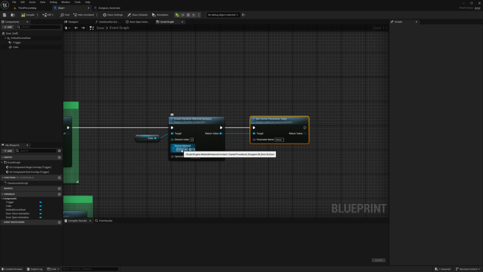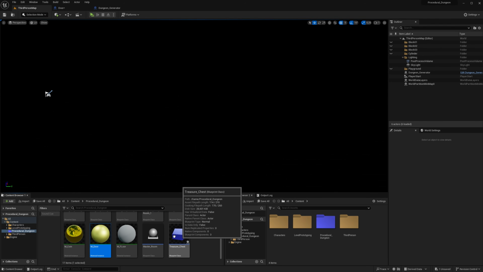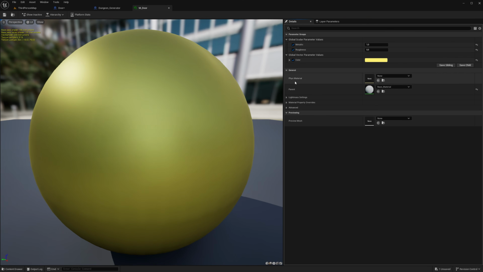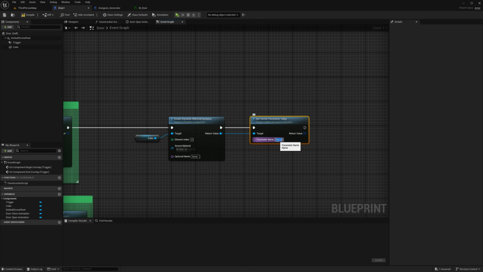Go into your material here, click on this spyglass, I don't know what it's called, open the door material. The parameter we want to change here is called Color, with a capital C, right? So type in Color.